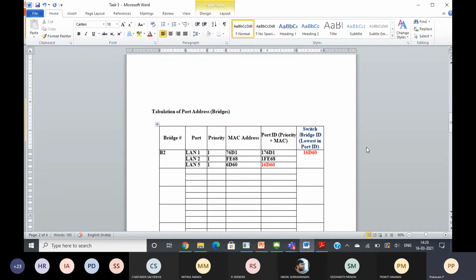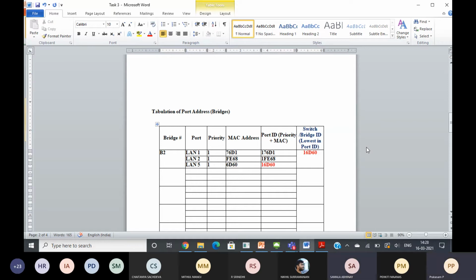Any doubt up to this? Sir, if in a MAC address the first two are letters and the next is a number, which will be the priority and MAC address?